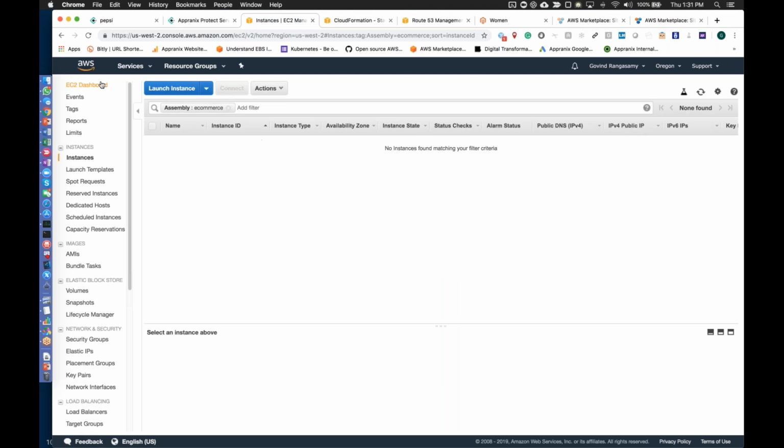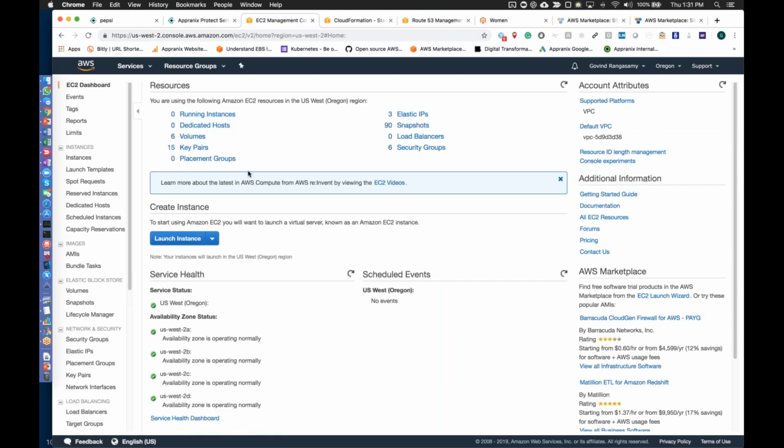As you can see, the EC2 dashboard shows nothing, no instances. There are a bunch of security groups already, but the snapshots are already there, because this is a hot, warm standby type of system, right? You can have a hot system within your region, and a hot standby system for your disaster recovery, right?